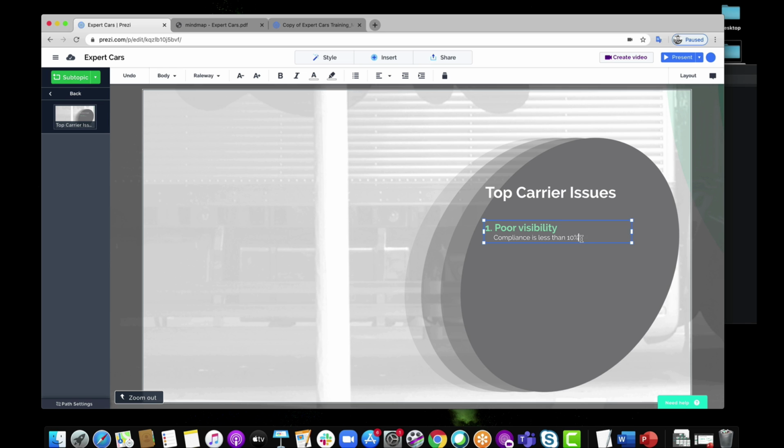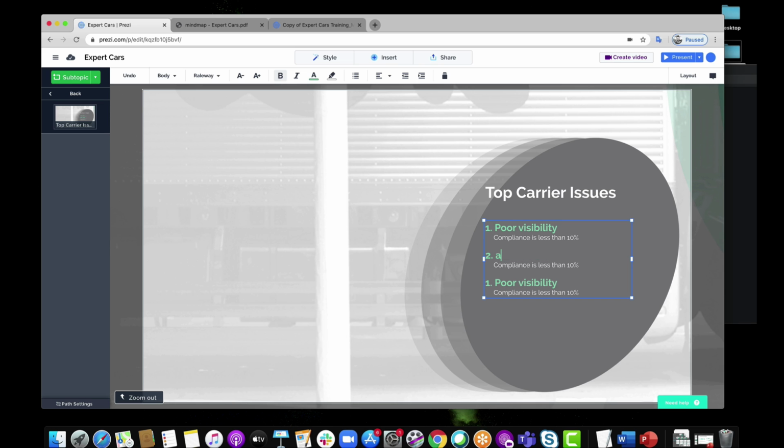So I'm going to copy the previous two lines here. Rather than trying to recreate this two more times, I'm going to hit copy. And now I'm going to go down two lines and just paste it. So now I'm just going to change my text. I'm going to even go down one more time and paste it again. And now I'm just going to edit these. So this one